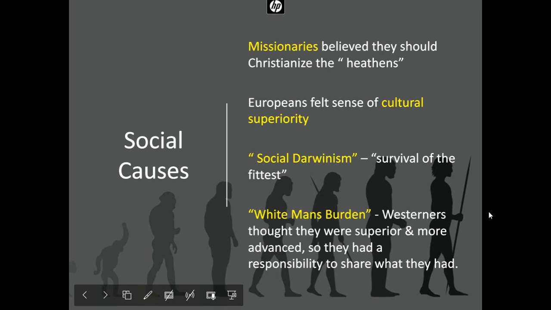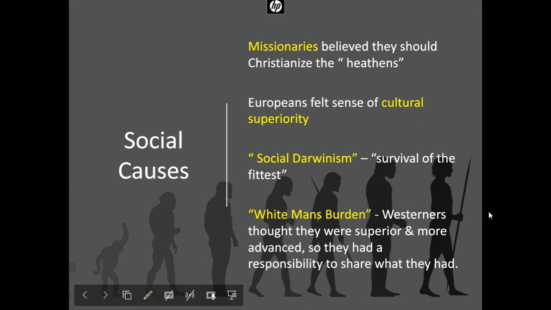Now, part of this idea comes from something known as social Darwinism. Darwinism was a scientific theory that was very popular during this time. Charles Darwin came up with the theory of evolution, which is sometimes called Darwinism. It is the idea that mankind and all living creatures evolved from a single celled organism that over time changed and got bigger, better, and more complex. You see in the background picture here where you have a monkey on one side and a human being all the way to the right. Darwinism teaches that humans evolved from monkeys.